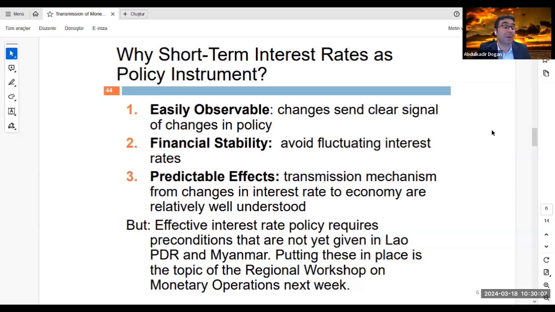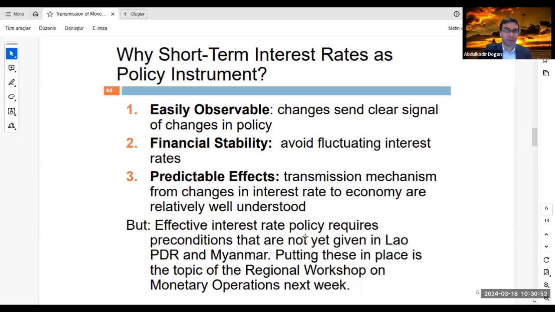And lastly, the predictable effect. The transmission mechanism from changes in interest rate to the economy is relatively well understood. If I changed the longer interest rate, we have lots of long-term interest rates: 2-year, 10-year, 30-year, 1 year, even 6 months and 3 months. But when we speak about the short-term interest rate, we directly speak about the 1 week repo. Just 1 week maturity, and it is determined by the central banks in any country. But